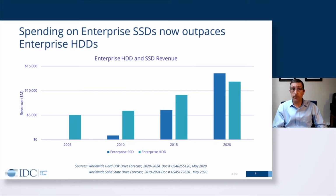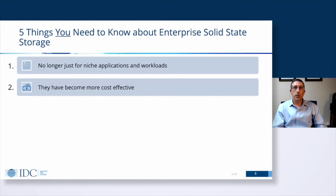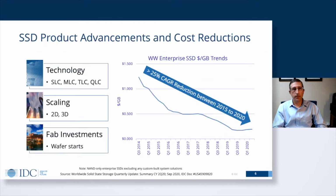The second thing you need to know about enterprise solid-state storage is they have become more cost-effective. Many times when I talk to end customers, we hear that SSDs are too expensive for my project or can't fit within my budget. And while they are more expensive than HDDs on a dollar per gigabyte basis,